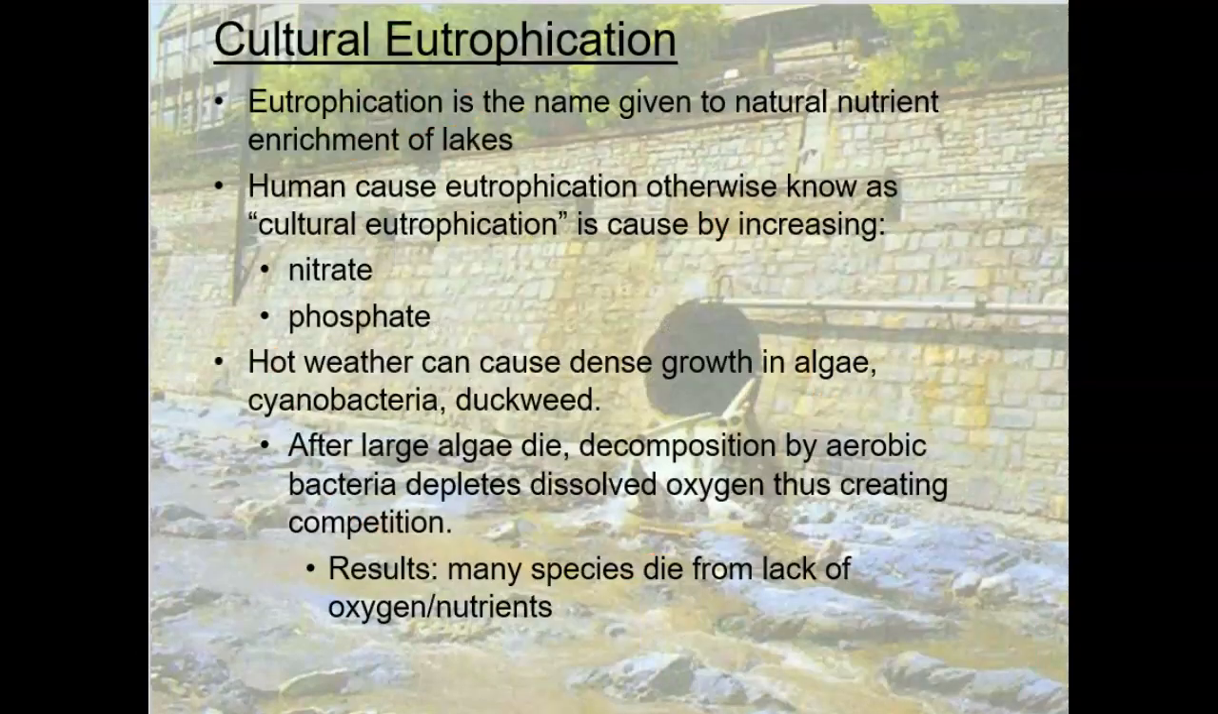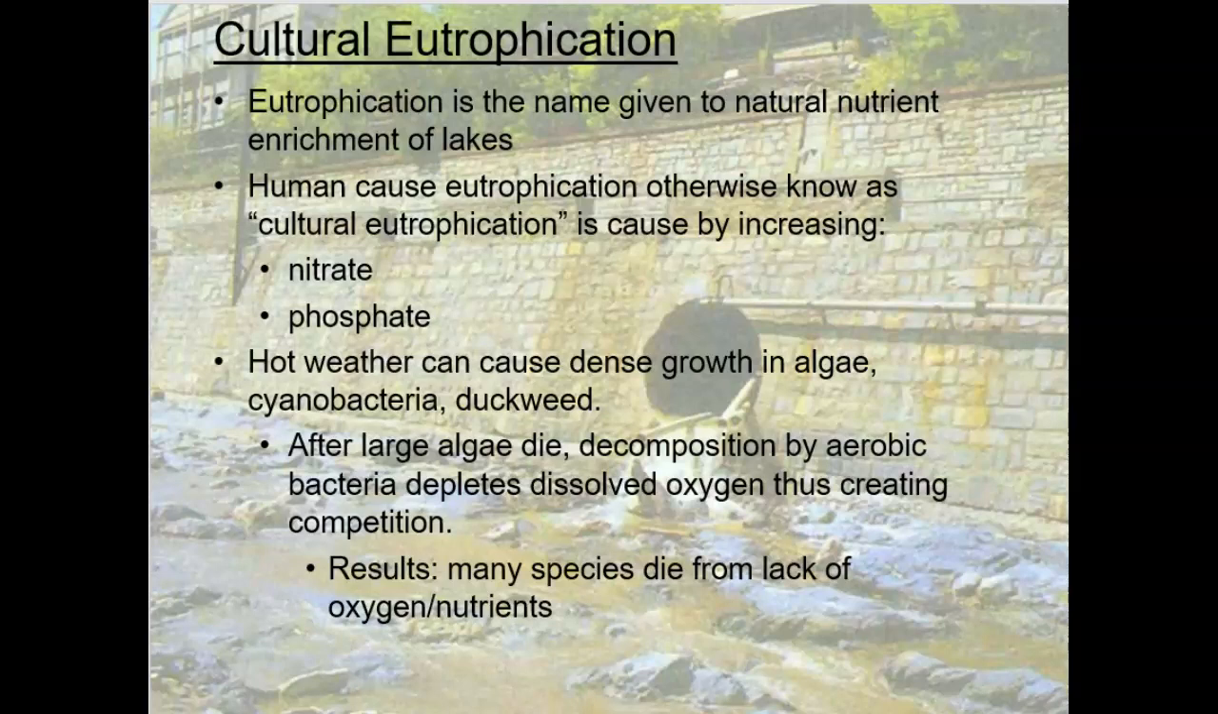Cultural eutrophication is just a way to explain that the pollutants come from humans, right? Eutrophication is a name that's given to a natural nutrient enrichment of lakes. Natural could include humans. So we have a lot of nitrates and phosphates that we use in fertilizers. When this stuff runs off and goes into rivers, that increases the biological oxygen demand and then reduces the amount of oxygen in the water, which then leads to